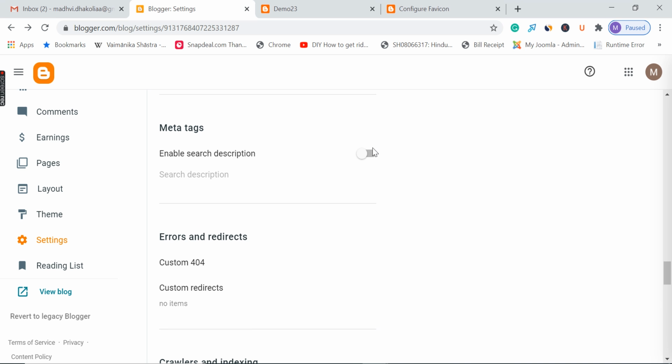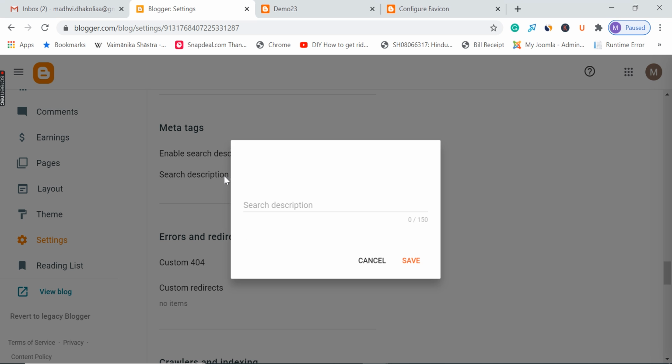And move to meta tags. Enable this quickly. Now this meta tag is something which is very important. You write a search description which describes your blog best. You will write the description in 150 words so that readers can easily find your blog by reading the search description. What is your blog all about? Is it about technical gadgets?